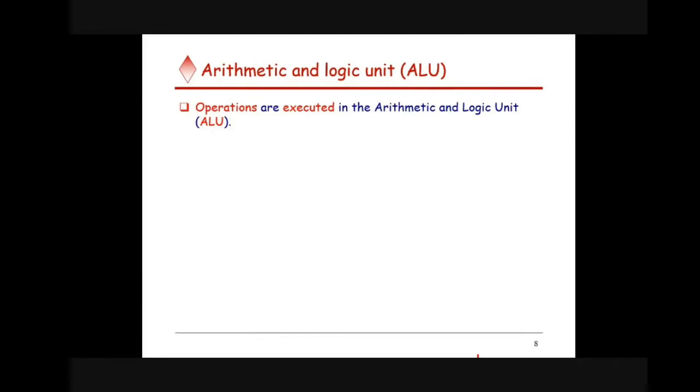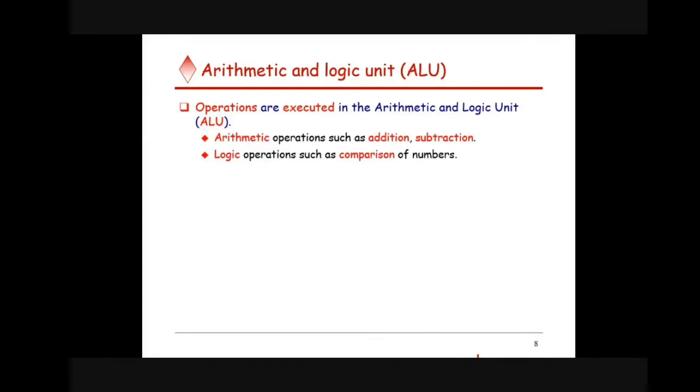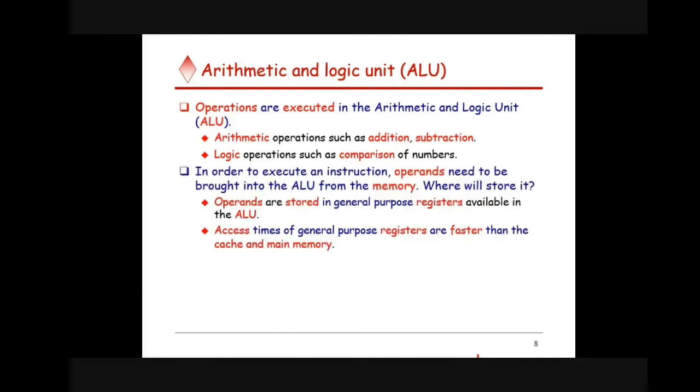The data has been read from the input unit and stored in the memory. That much we did. Next, we should process the data in the memory unit. The arithmetic and logic unit will do either an arithmetical operation or a logical operation. What is an arithmetical operation? Addition, subtraction, multiplication and so on. What is a logical operation? A logical comparison, either greater or less, logical AND or NOT. You have studied it. So any logical or arithmetical operation will be performed by the arithmetic and logic unit.